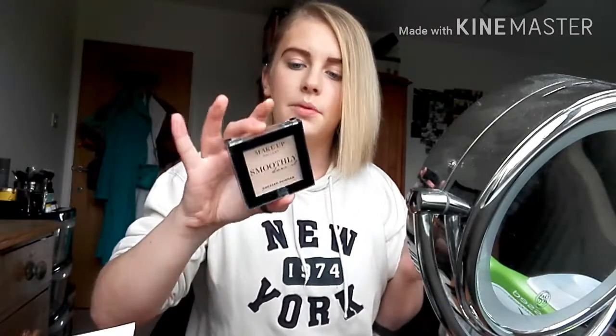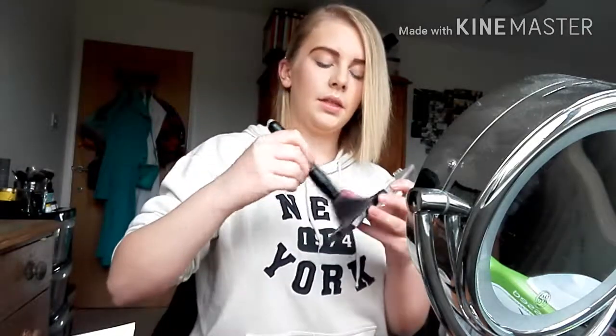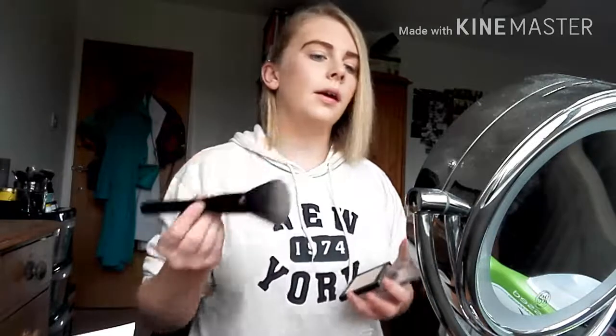So the last product I'm going to use for face makeup is the Makeup Gallery Smoothly Does It Pressed Powder in the colour Natural Beige 2. And the brush I'm going to use with this is the Morphe MB1 powder brush, and it's quite fluffy, which is really good. And I'm just going to rub it in, dab it off a little bit, and then just